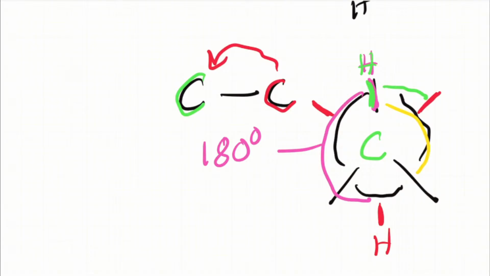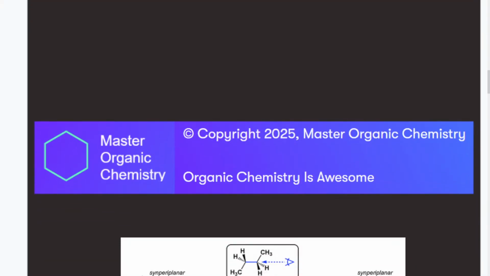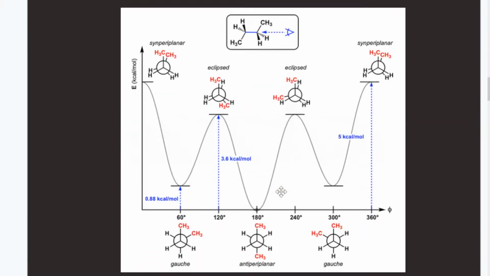And so this is how we look at it, and you've probably seen this before, and thank you to Master Organic Chemistry for already creating a great resource. This is on their website. We're able to see that as we look at different rotations of the dihedral angle, from 60-degree rotation, 100-degree rotation, 180, all the way through, there's actually different energy levels for these conformations of these molecules. And so we're going to be able to take this concept and apply it to what we see in our body.